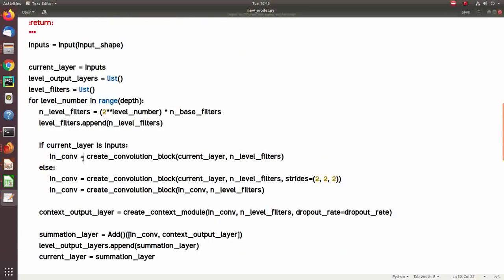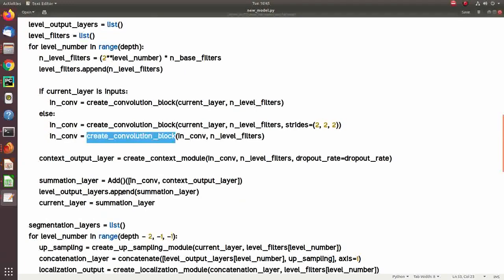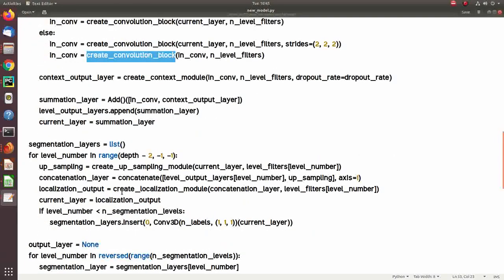First take the input layer, create a convolutional block, and downsample. It acts as an encoder and keeps encoding until we get the final, smallest part, the optimal features from the input image.